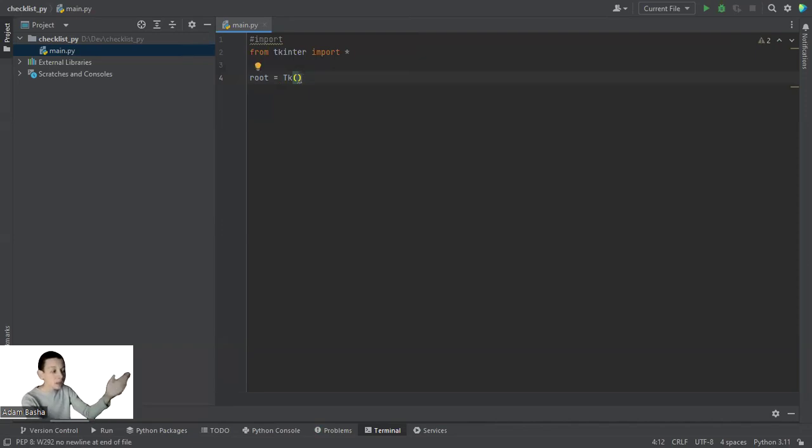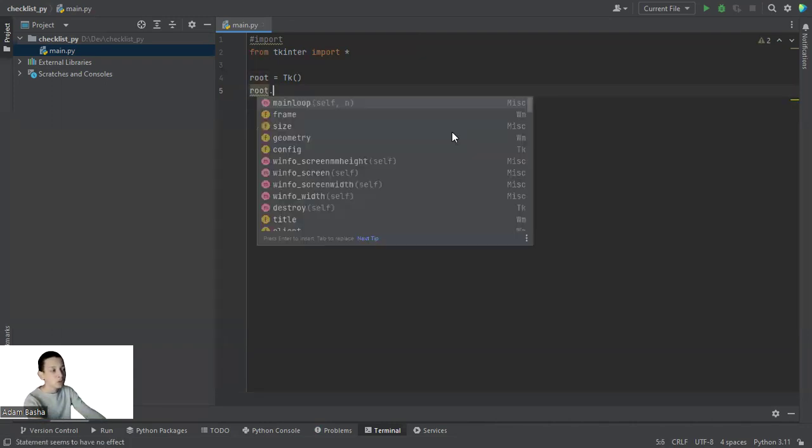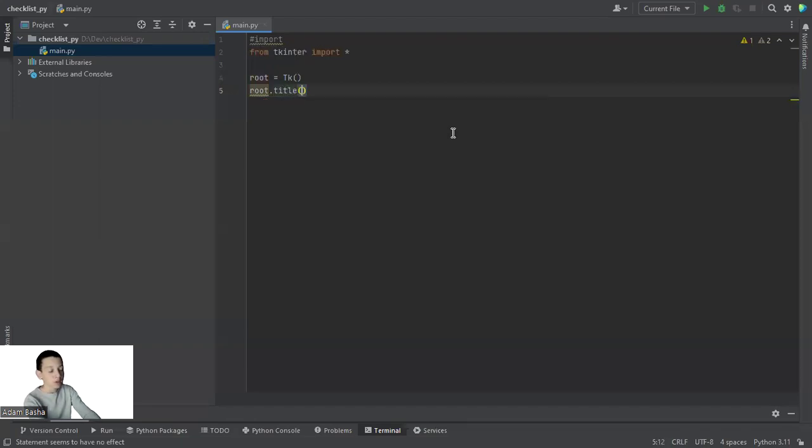So for example, if I wanted to set a title, I can just say root.title, then open brackets, then put a string. I made a string, and I'm going to call it checklist, for example. And now, if you want to see your window,